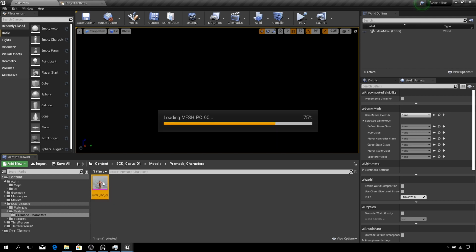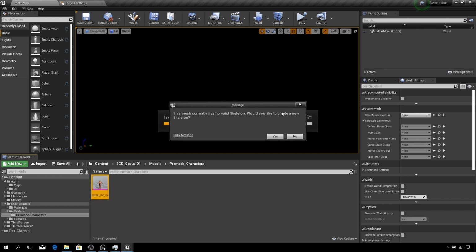So when you try to open this, you will get an error. It'll ask, this mesh currently has no valid skeleton. Would you like to create new? So if we press yes, it will create a new skeleton for this character by using this character's name. We don't want to do that. So we just want to use the existing default skeleton. So since we have that in third person pack, I'm gonna say no,